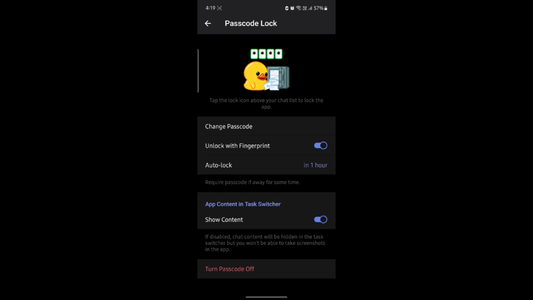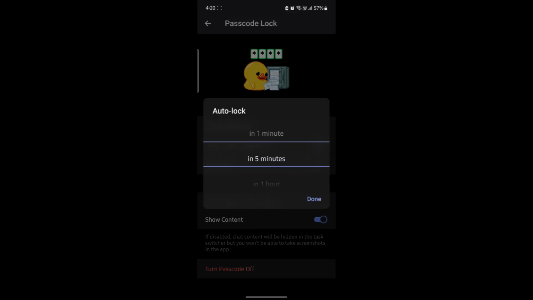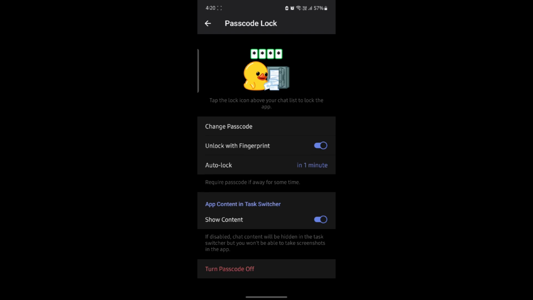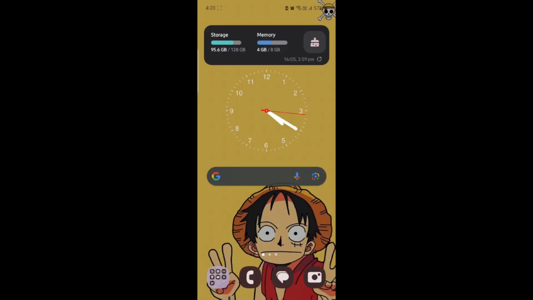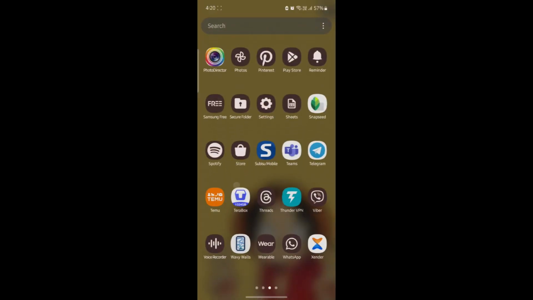You can also unlock your Telegram app using your fingerprint. So you can click enable and you can see auto lock option is over here, so you can choose the auto lock option from here as well. After you're done, click done over here and you can go back, and if you close the Telegram app and